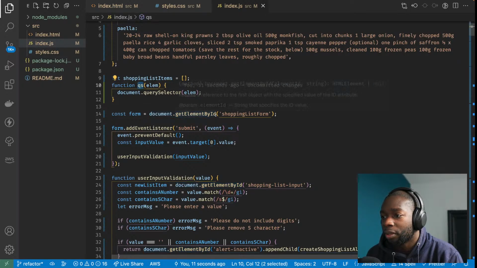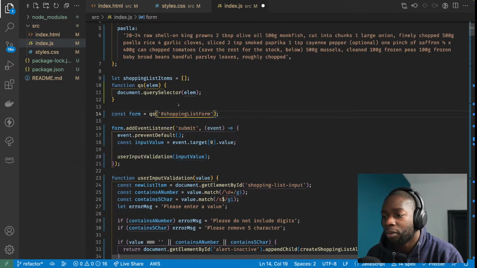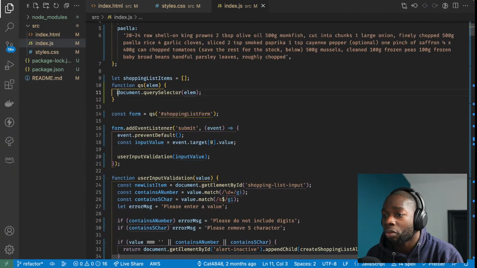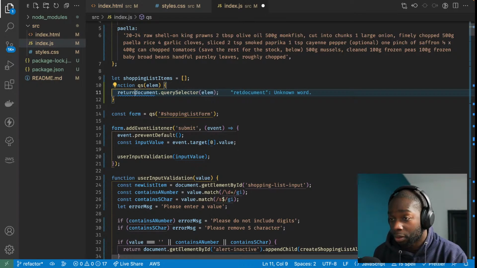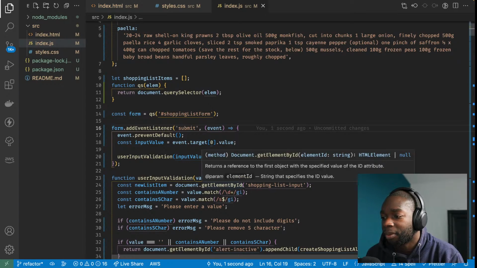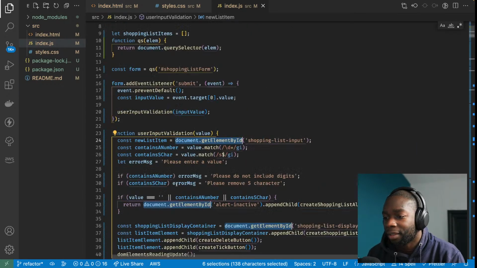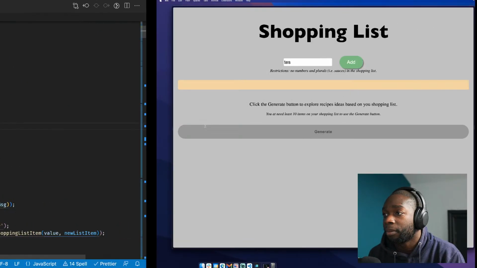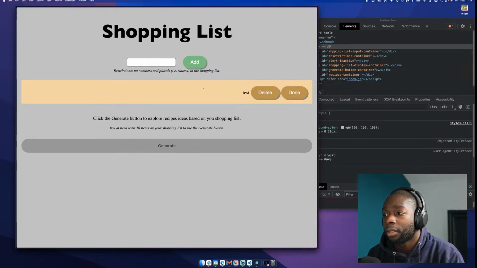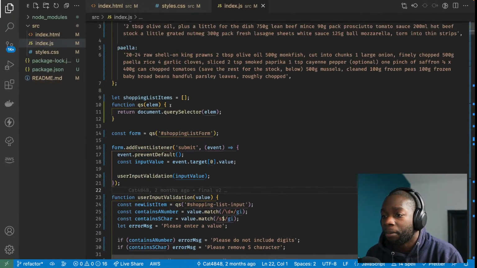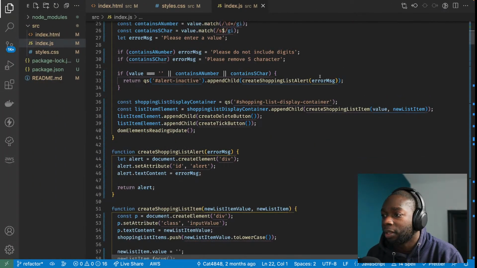Okay, let's do it one by one. See what's causing the issue. Form, query selector shopping list form. Oh, hang on a minute. Should be returning that. That's my fault. So all this stuff here should be, yeah, QS with a hashtag. There we go. So test. There we go. 11. Boom. Okay. So now I can put that code I had back before, which is